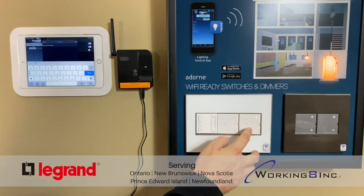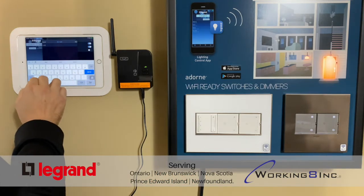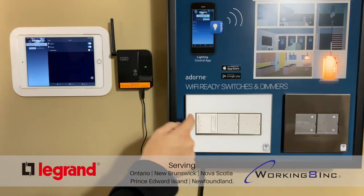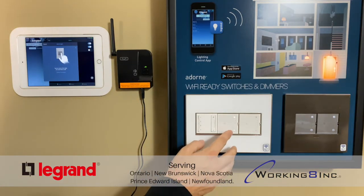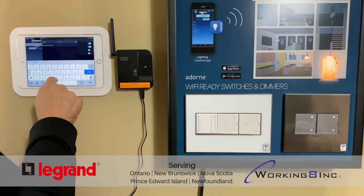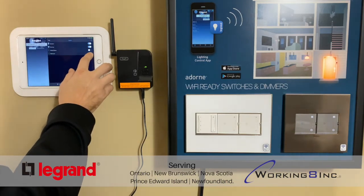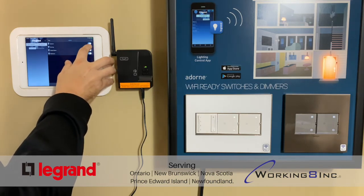We have media room. Save. And then next we'll add this one here. And that one, I believe, is bedroom. Save. And once you have them all added, you can now start turning off and on your lights